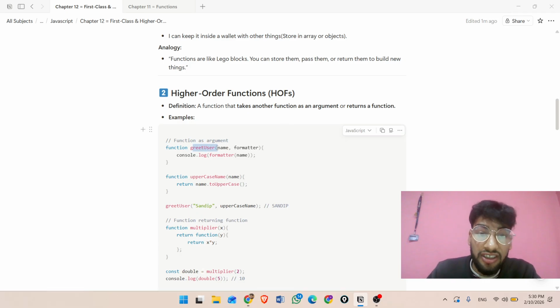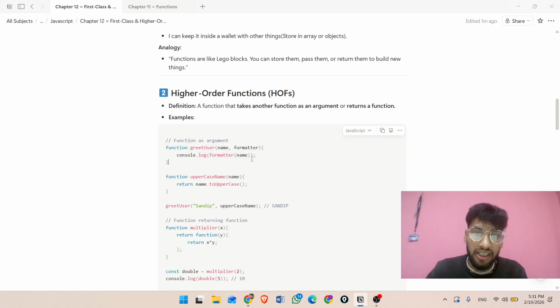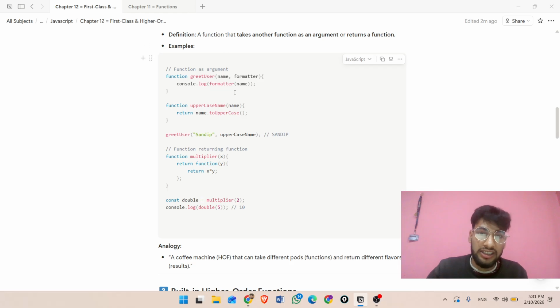Here greetUser is the first function, and formatter is the second function. The second function is not defined separately; it comes from our passing arguments or parameters. This is called a higher order function. So it will print, and another one is